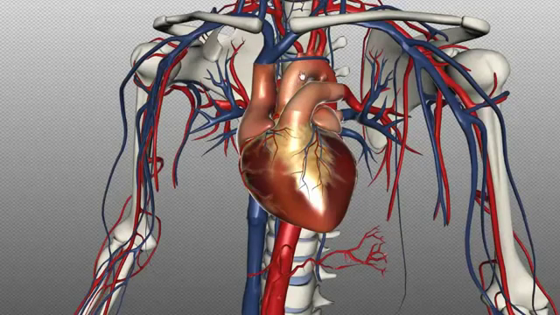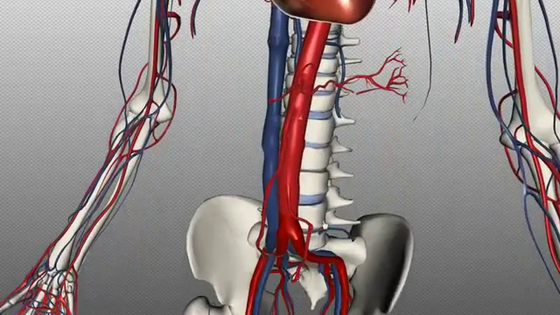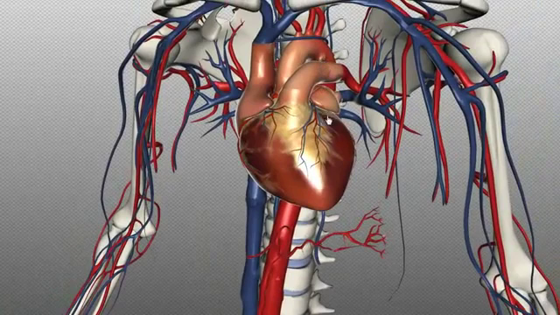You've got this ascending portion, and then you've got this arch shape, so this is the arch of the aorta, and then you've got the descending aorta, the section from the arch of the aorta to the point where it divides into the common iliac arteries, down here. That's the descending aorta. And then you can divide it into the thoracic and abdominal aorta. The thoracic aorta is the section of the aorta which is above the diaphragm,